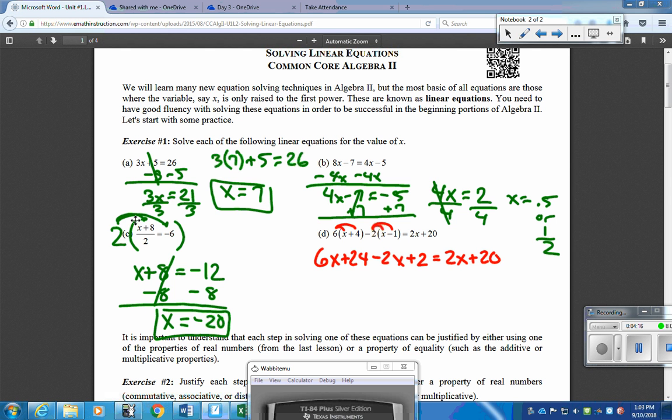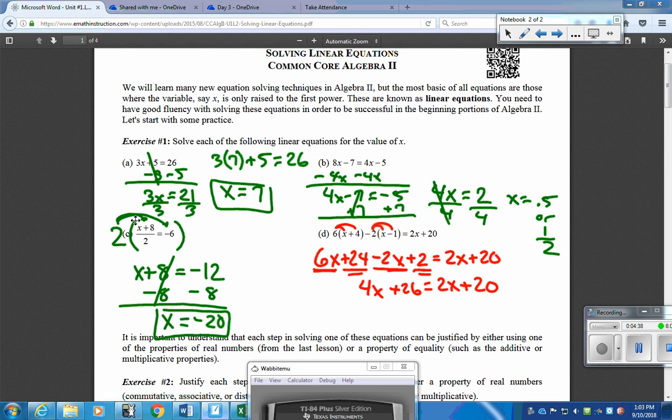And then we have the right side that stays the same. Now you can combine like terms on the same side of the equal sign. So I could use the commutative property, the rearranging. I got these 2 right here I could put together, and then I got these 2 right here. So I end up with 4x, because it's 6 minus 2, plus 26 equals